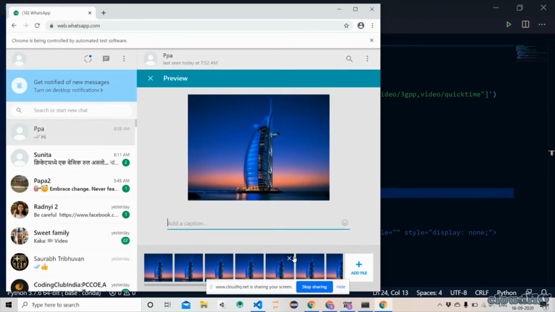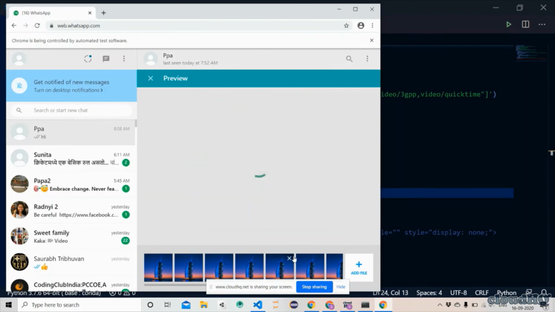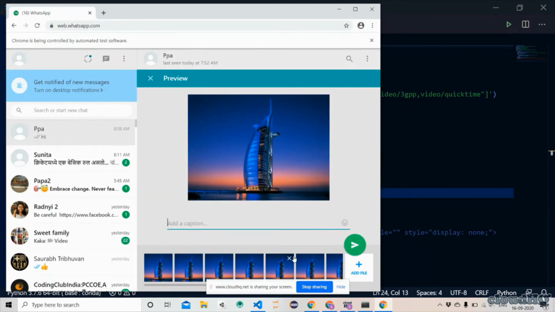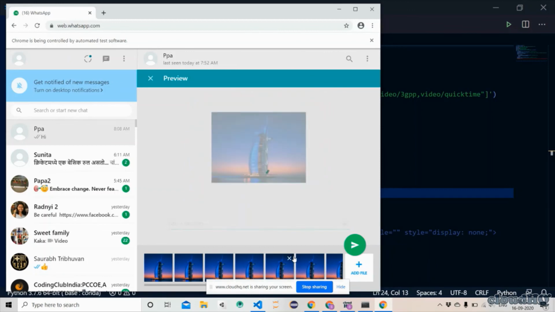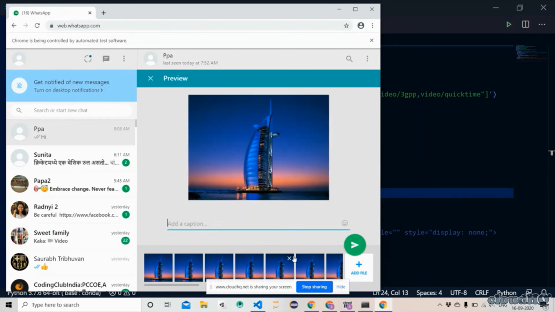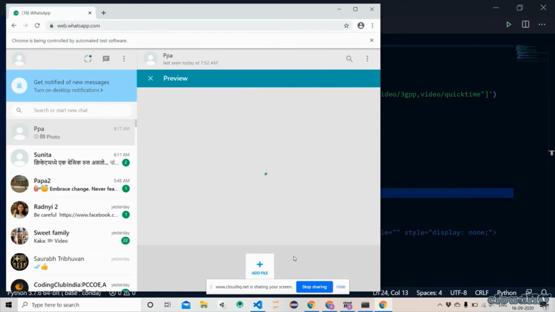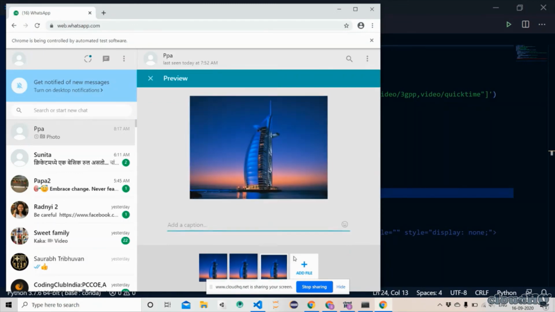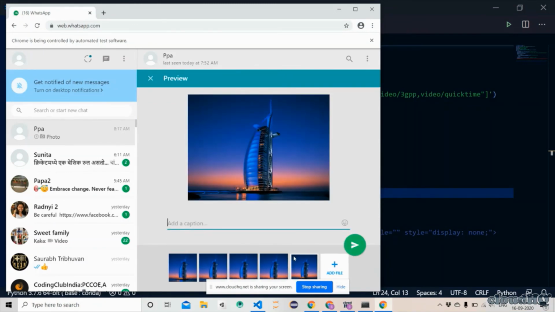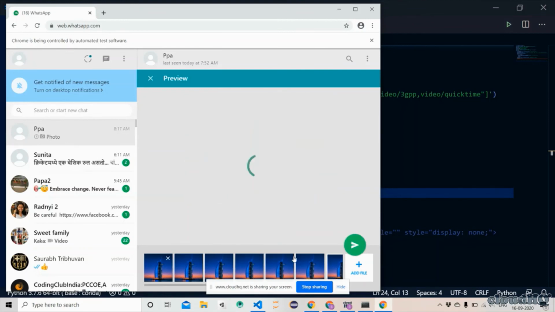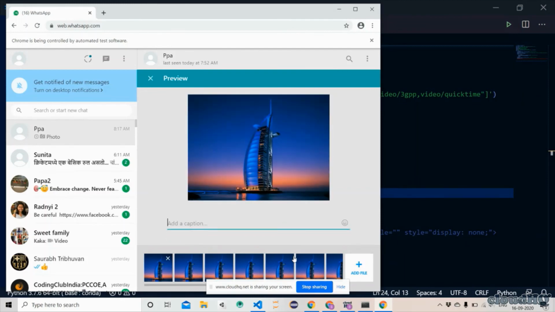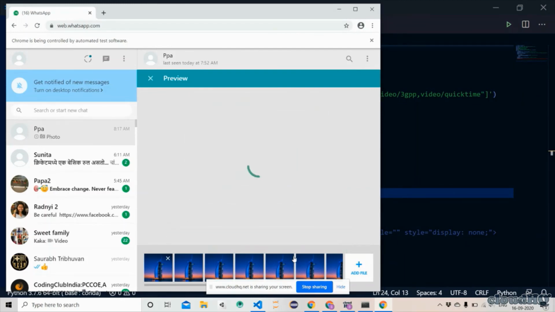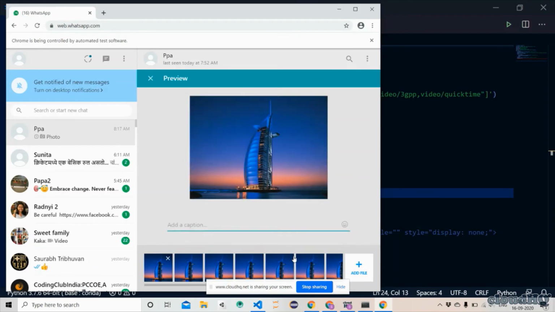Let's see whether it is sending or not. Okay, so now the send button would be clicked. Yeah, first 25 images are sent, and the next slot is getting filled, right? So now 4 slots would be filled, and 100 images would be sent.